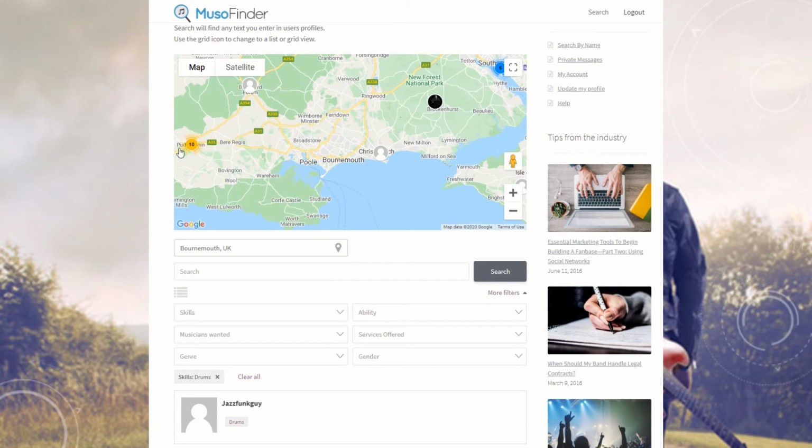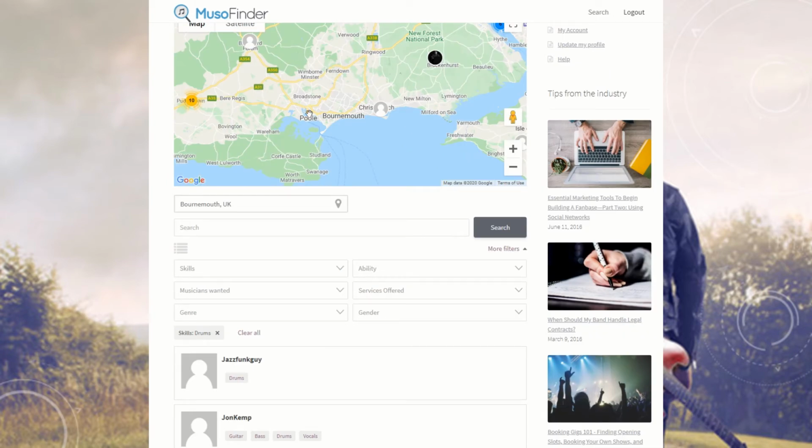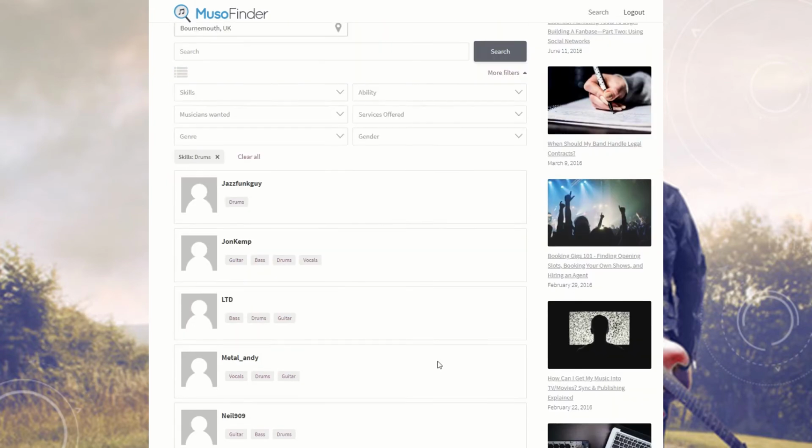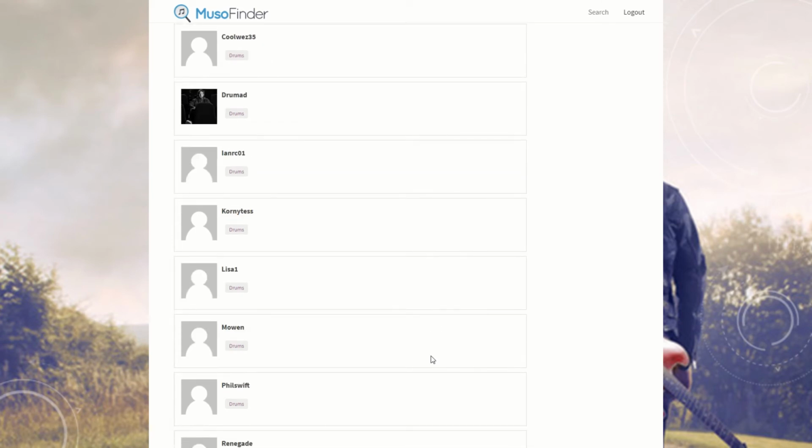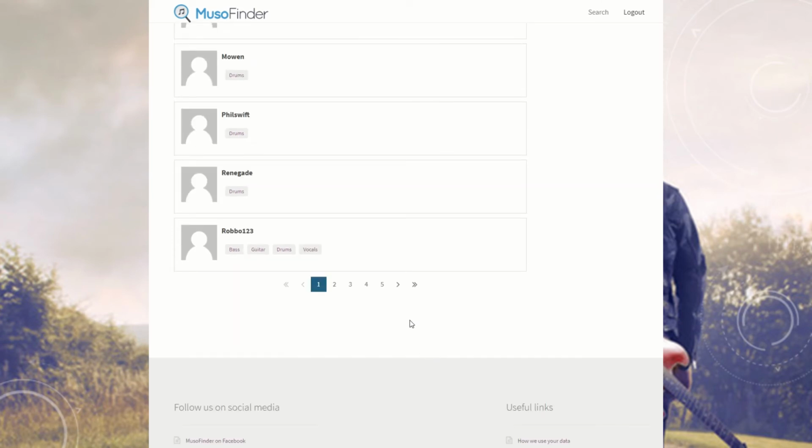Now you see what it's done here. You had a whole load of drummers here, but now you've got 10 over here, and you've got 1 over here, and you've got 1 here, and 1 in Christchurch. That doesn't mean those 10 have disappeared. It just means that in the list, which is automatically sorted on people who have most recently logged in,